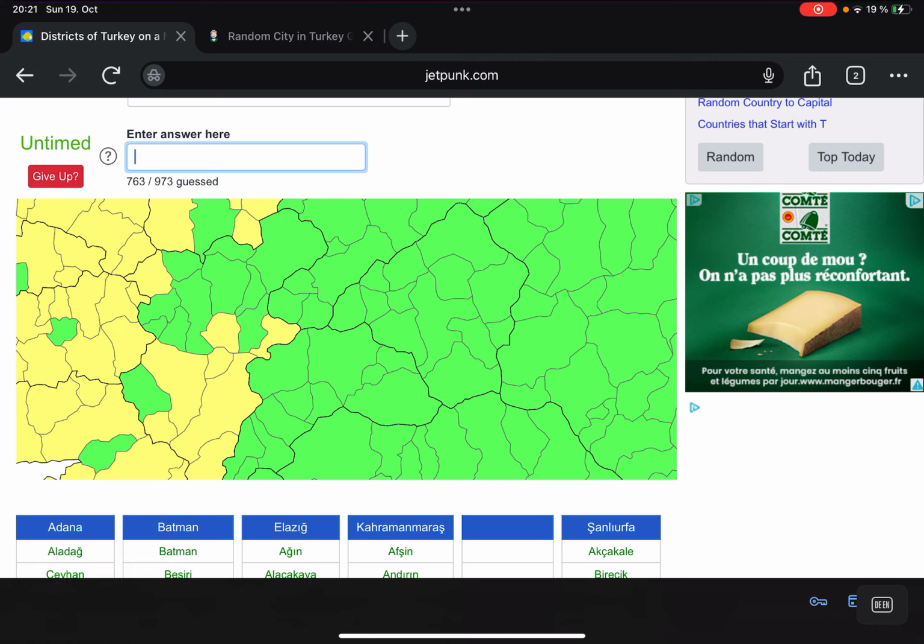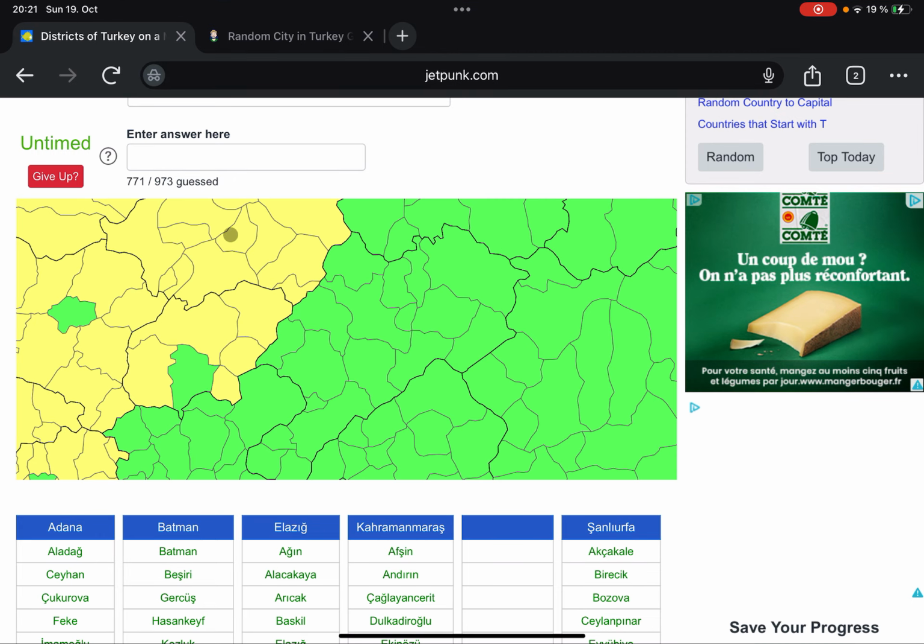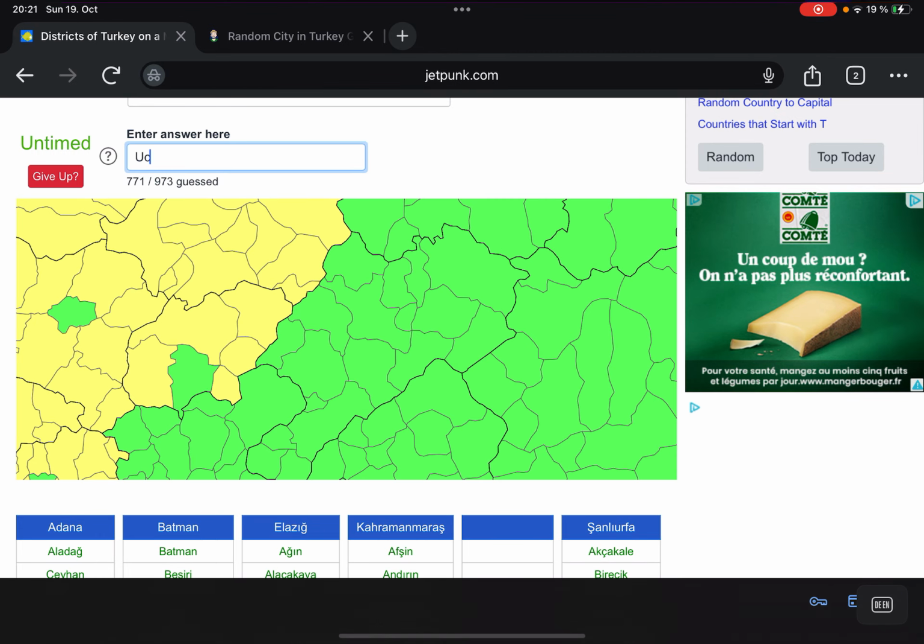Bekilli, Honaz, Çardak, Acıpayam, Serinhisar, Tavas, Beyağaç, and in the south here should be Çameli. Alright, here I forgot Buldan. Alright. Then the very small province of Uşak, not Uşak, sorry,